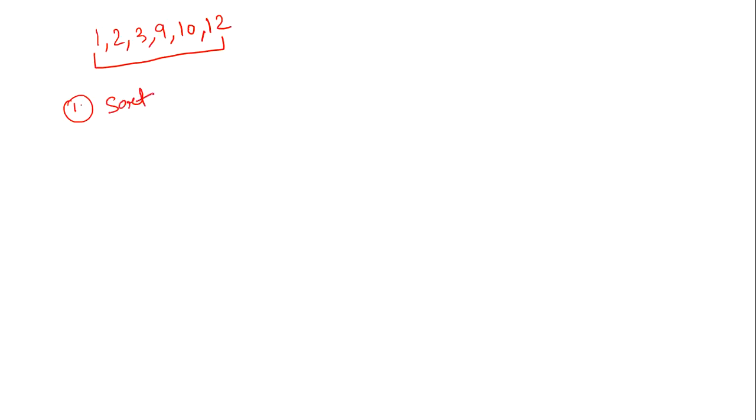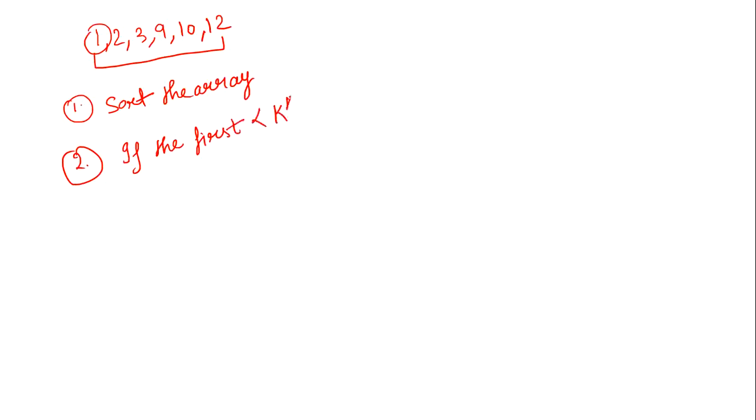This is our first step. Next, we can simply take a while loop and check: since the array is sorted, if the first value of the given array is less than the kth value,